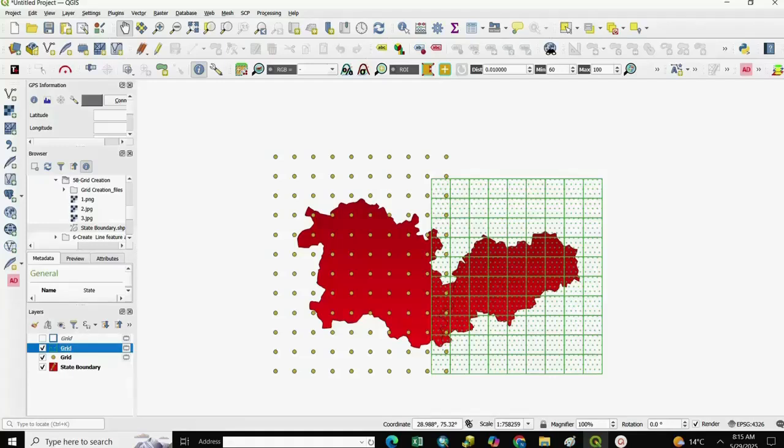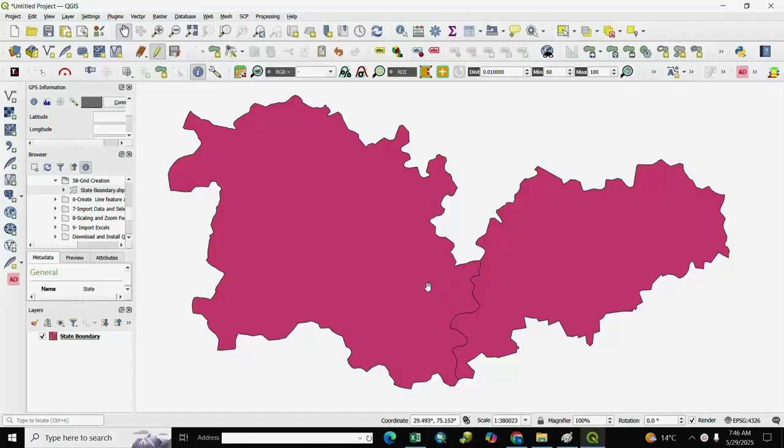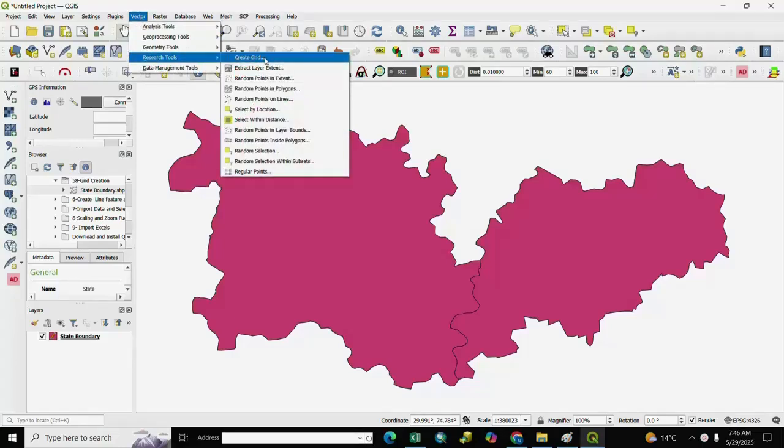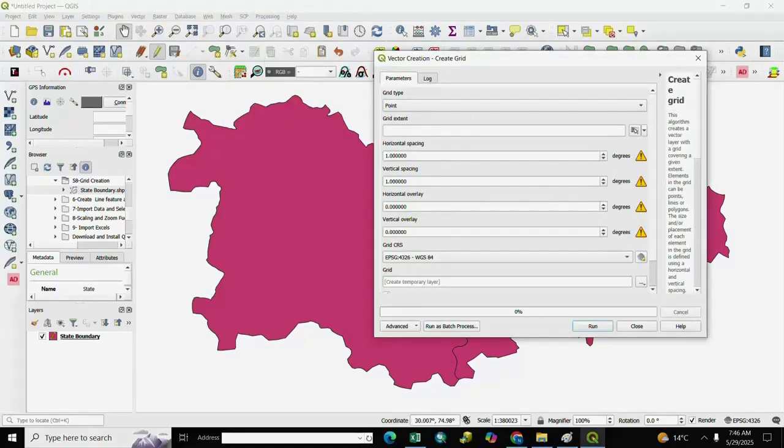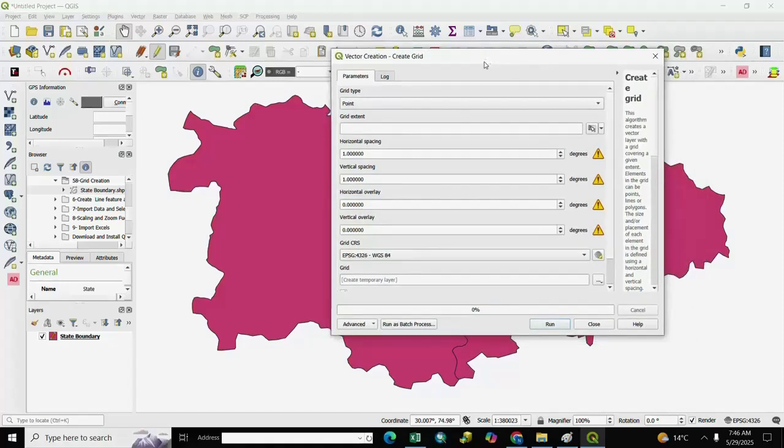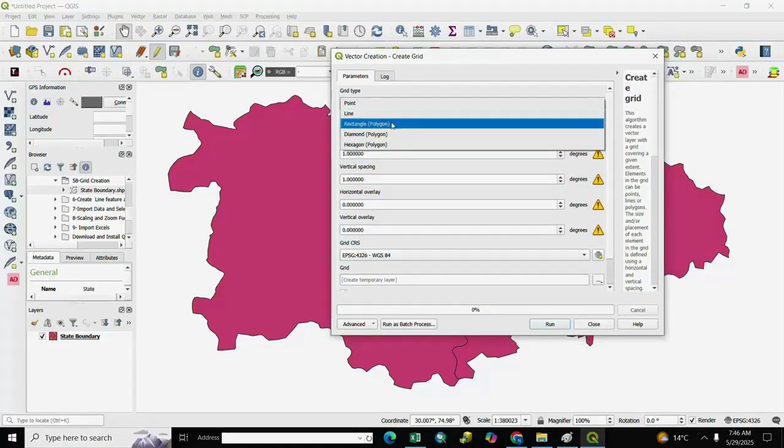So let's start. Here is our polygon. For creating a grid, we go to vector and research tool and we select here grid. After it, we select grid type: point, line, rectangle, diamond and hexagon. We select here polygon